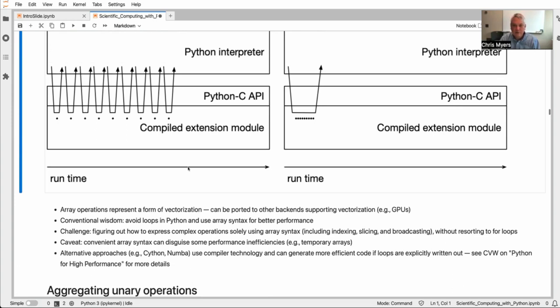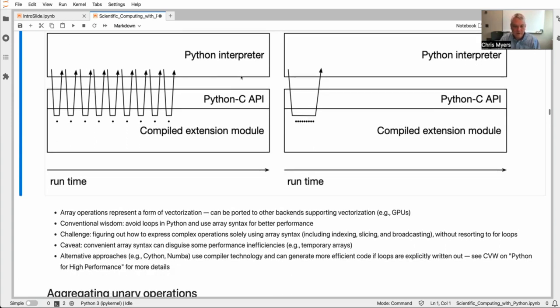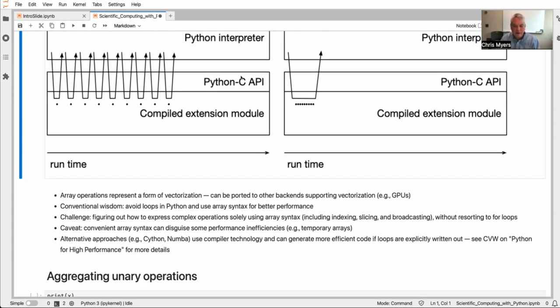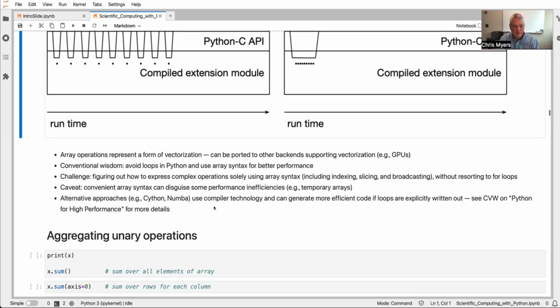Obviously, this array addition example is simple syntax, but in other cases, you might need to think about how to manipulate the data without having to resort to for loops. One caveat here is that this array syntax, while it's very convenient and compact, can disguise some performance inefficiencies. If you have long expressions you're evaluating, there might be a lot of temporary arrays that get created, and that's something to pay attention to. And there are, in fact, alternative approaches that actually use compilers to generate more efficient